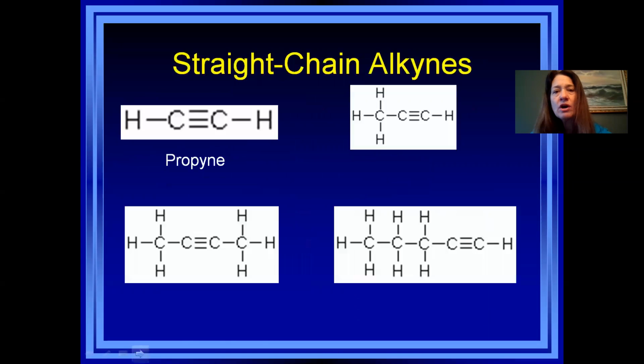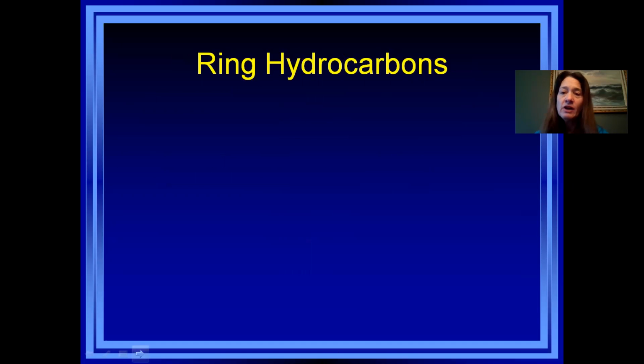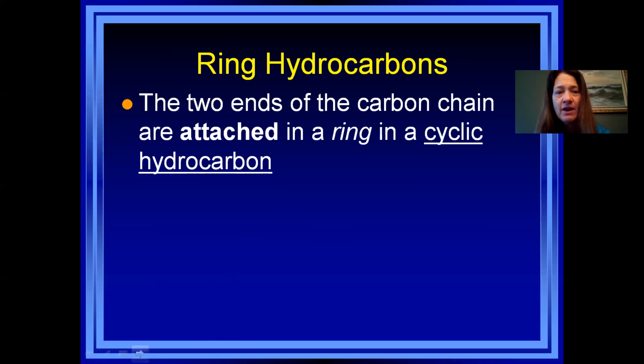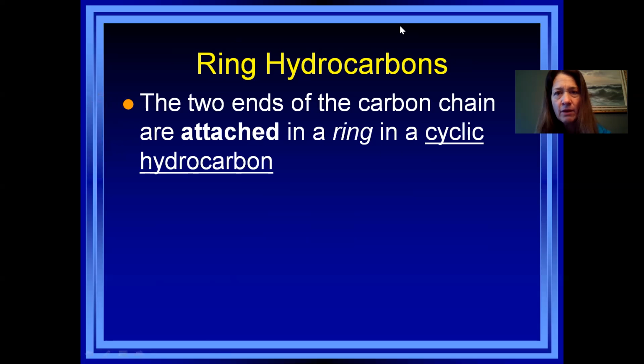So now we're going to talk about a type of hydrocarbon that is called a ring hydrocarbon. Now, please remember, this would be just like me standing up in front of the classroom, talking to you in front of the smartboard. Please take notes, okay, in your binder, just like you would. All right, so ring hydrocarbons. So what do you think about ring hydrocarbons? How do you think the carbons are arranged? If you said ring, you are right. They are arranged in a ring, okay?